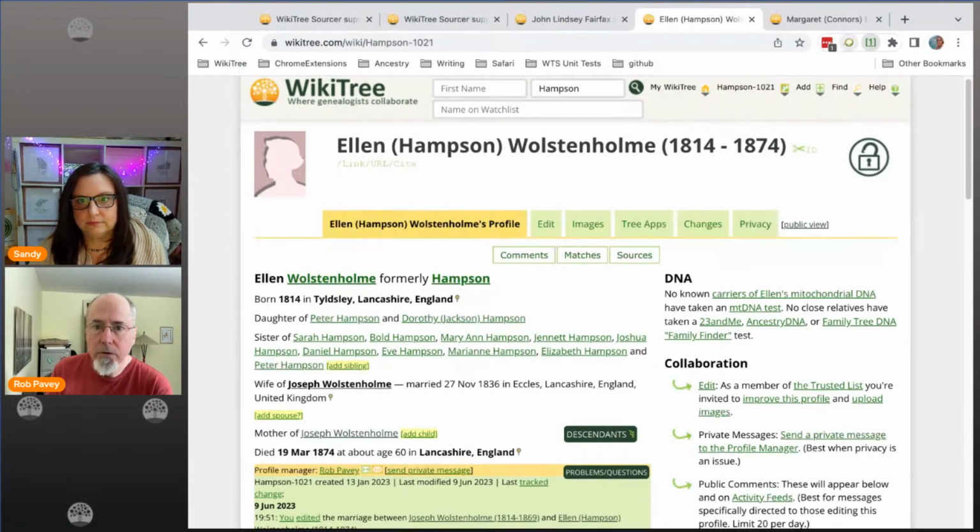There's this third parameter here, search with specified parameters, which brings up another level, and that lets you choose which of the names, Hampson or Wolstenholme. So without typing anything in, you can decide all this stuff. Like, I just want to search for censuses, and